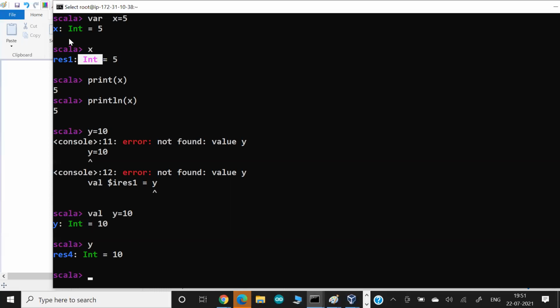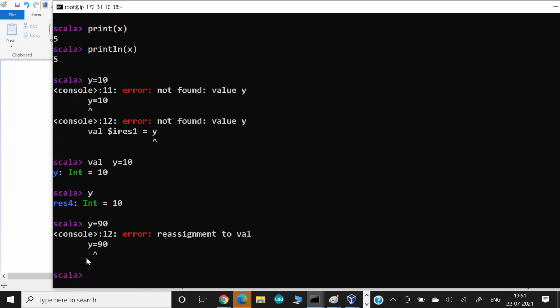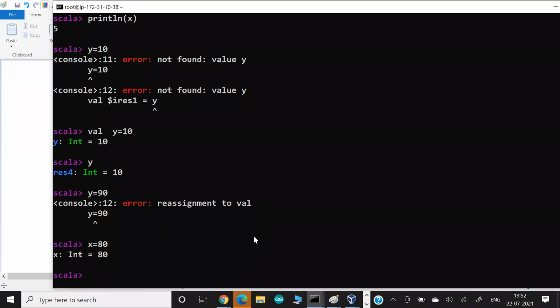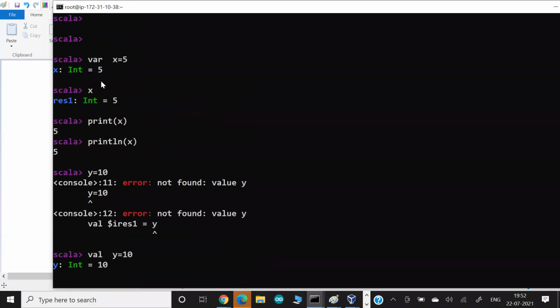Everything is the same, but what is the difference between var and val? If you use val, it will create a variable, but this variable is more like a constant. It means if you want to change the value of y, it fails. You can't reassign it. So val makes the variable immutable. That's called read only. You can't change the value of that variable. But for x, you can change it, because we created x with the keyword var, which makes this variable a normal variable. It means it is mutable, meaning you can change it. Okay, so something like this.